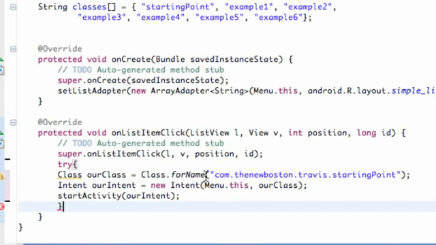For example, we're going to use the exception type class not found. So again, if this class is not found, it's going to give us that exception. So we're going to say catch, and then we have to define the exception within parentheses, and again the exception type is called class not found exception. We're going to label this exception, or give this variable the type, the label E, and then we need